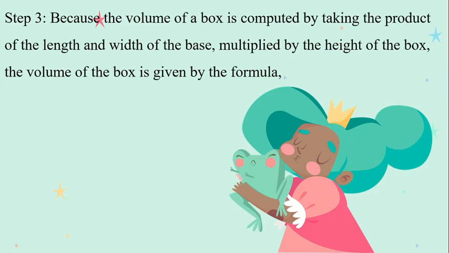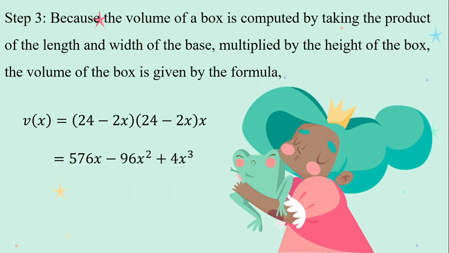Step 3. Because the volume of a box is computed by taking the product of the length and width of the base multiplied by the height of the box, the volume of the box is given by the formula V(x) equals (24 minus 2x) multiplied by (24 minus 2x) multiplied by x